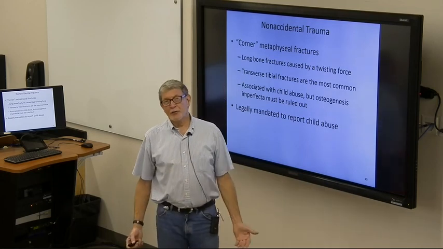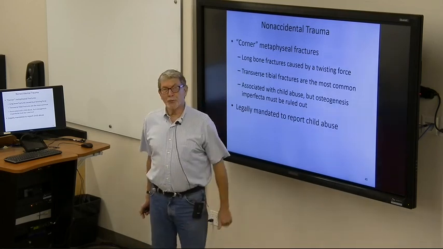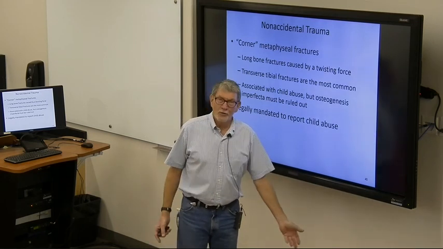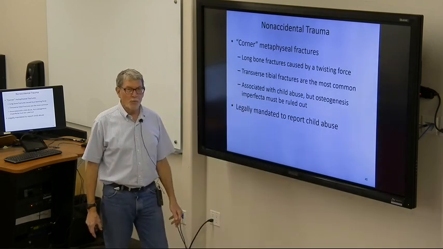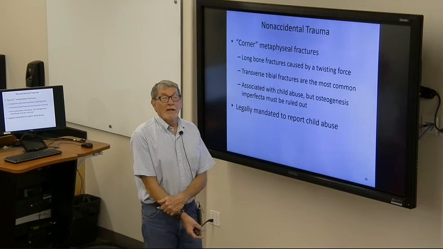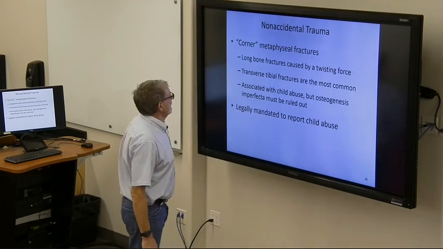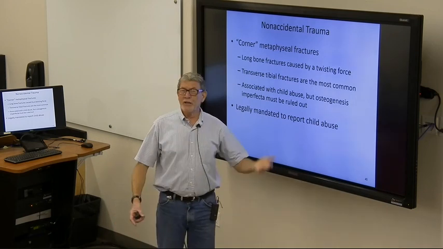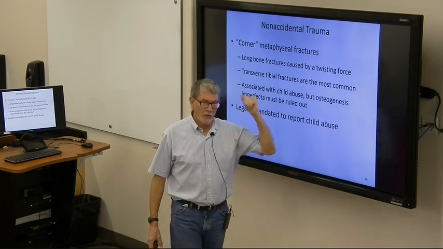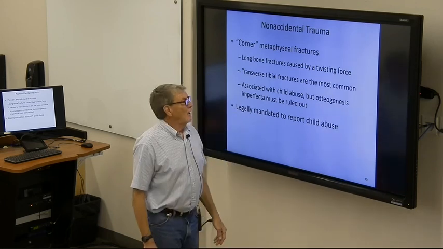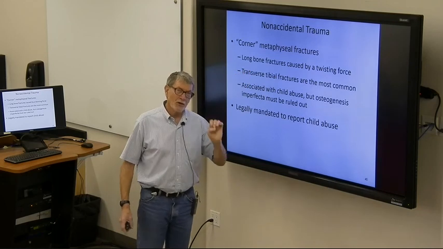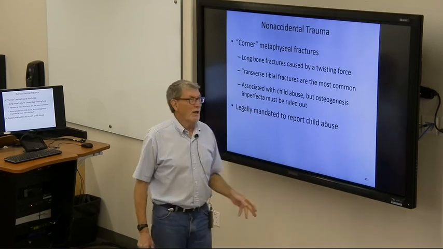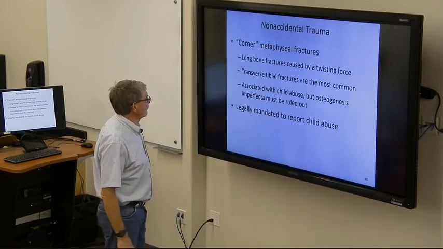And non-accidental trauma means child abuse. If they fall off their chair, then that's accidental. If dad gets tired of the crying baby and knocks it around, then that's non-accidental trauma. A particular one that can be identified, of course, any kid can get a broken bone if they're whacked with a stick or something. But there's a particular fracture that is common in child abuse that is kind of a giveaway to something that you might need to report.